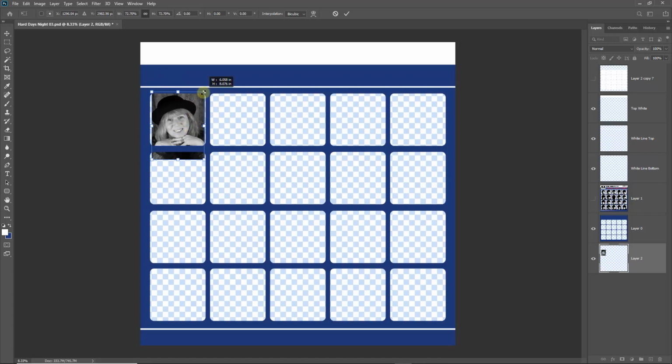But of course, if I drag up just the cover, and that looks okay, I can move it up and down and get it positioned exactly where I feel it looks best. But once I'm happy with that, and don't forget you can nudge your image into place using the up, down, left and right keys on your keyboard, once I've done that, I can hit the tick on the center upper part of the screen to commit that